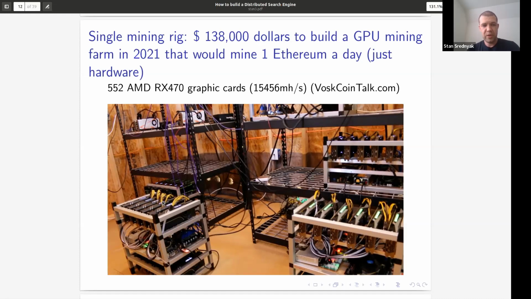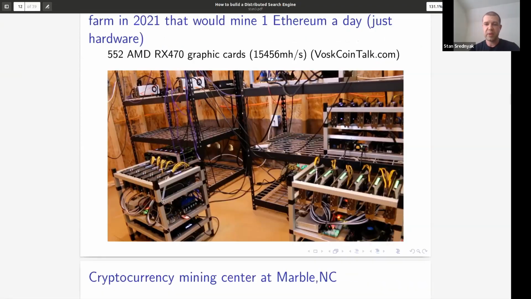Well, let me briefly tell you what's going on in the area of cryptocurrency mining. A few years ago, individual miners could still operate their mining rigs for profit. Now I'm not sure if it's possible, but those mining rigs were quite professionally built pieces of hardware. They cost a lot of money. I actually really admire those people who maintain this sort of mining rigs.